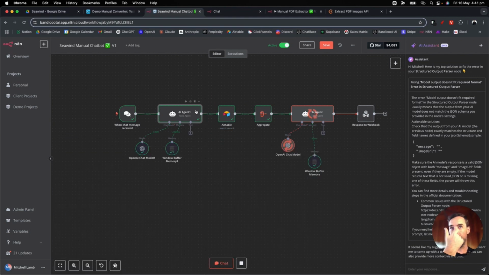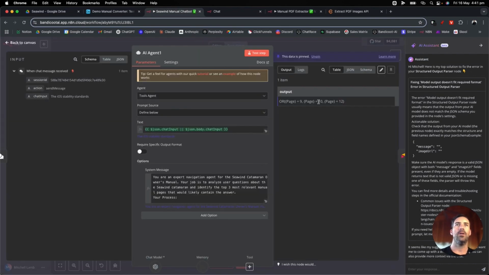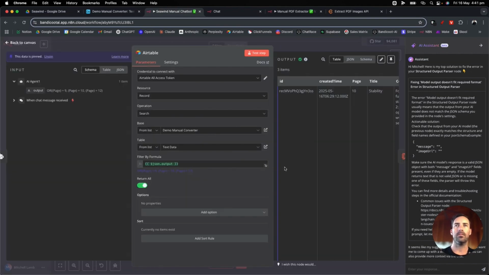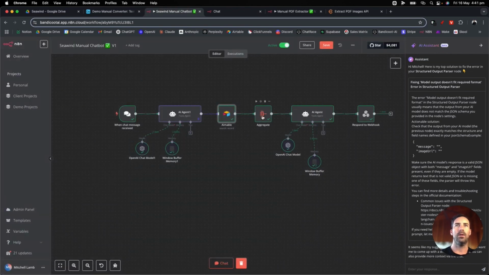I don't want it to go all the way through. So you can see here, outputting Airtable filter by formula. Do a little search on that, top 3 records, and then I just want to aggregate those 3 records,